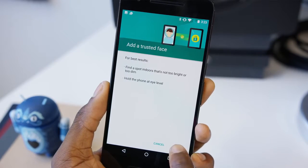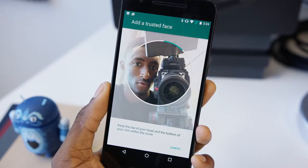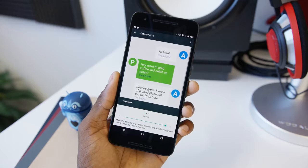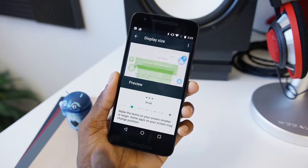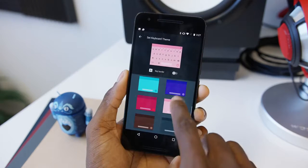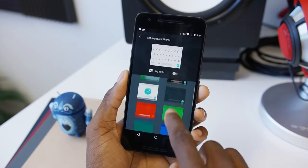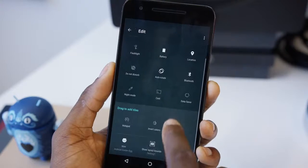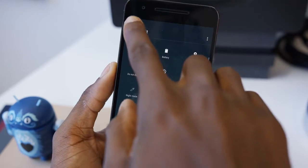You can now log in with facial recognition by adding a trusted face, which is interesting. And you can also now mess around with the DPI settings with a setting called display size to make things appear larger or smaller throughout the whole UI. There's even now keyboard themes where you can use an existing one that's built in with new color schemes from light to dark colors, or you can even make your own out of an image you have in your gallery. And maybe weirdest of all, the Easter egg is a little more weird. It lets you bring